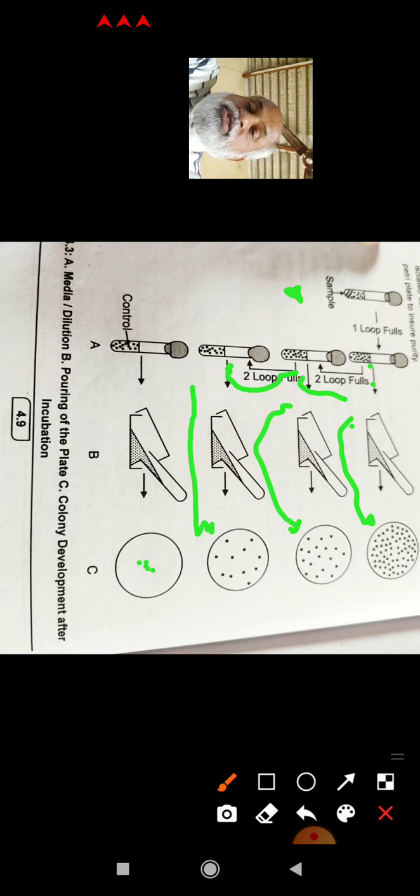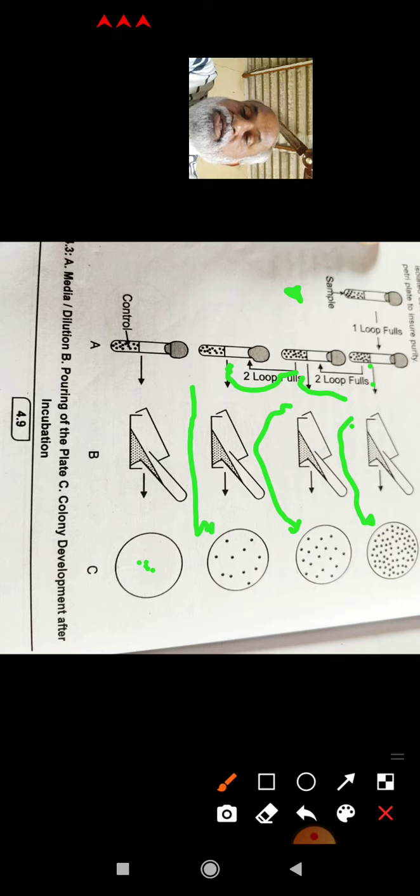The mixed culture of bacteria is diluted directly in tubes containing melted agar medium maintained in liquid state, and the tubes are kept at about 42 degrees Celsius to 45 degrees Celsius. The bacteria and melted medium are mixed well. The contents of each tube are poured into separate petri plates, allowed to solidify, and then incubated.